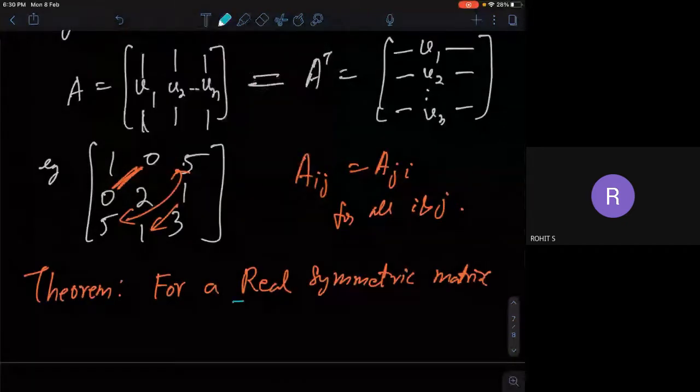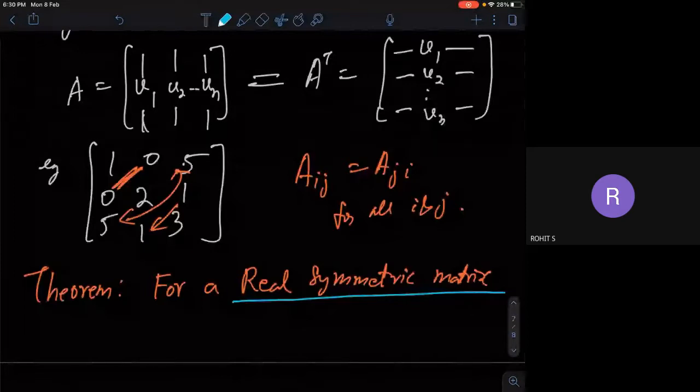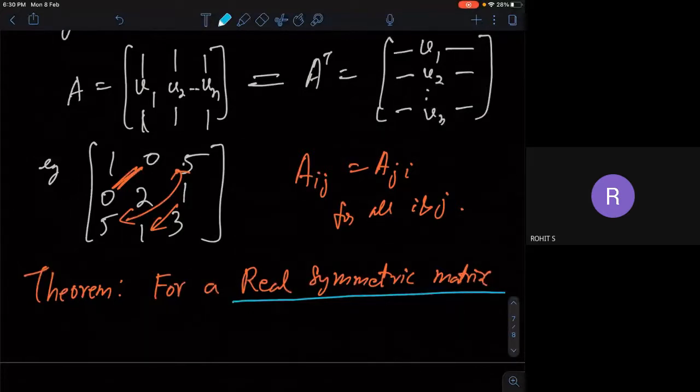In real matrices, all entries are real. There is no complex number. In computer science, problems come from the natural world, so all values are going to be real. That's the kind of natural things we work with. For the real symmetric matrix,